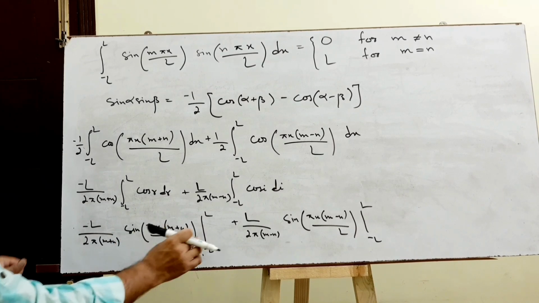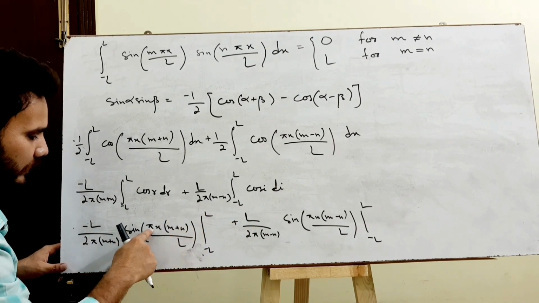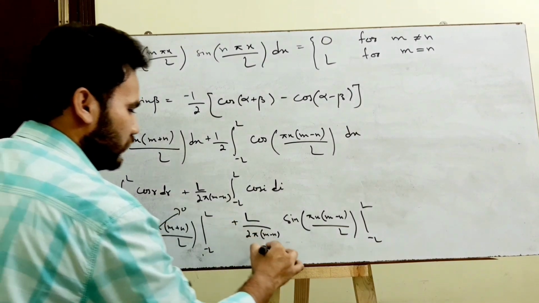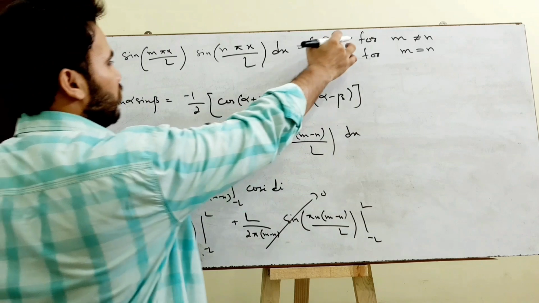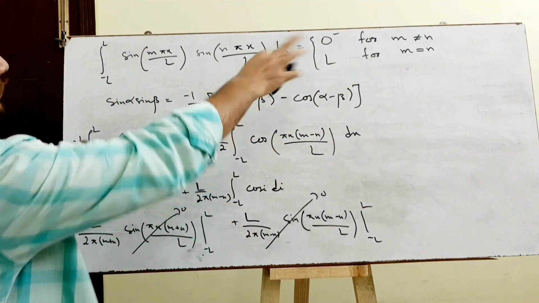So here when we apply the limit, the L cancels out, and sine of pi(m plus n), again we know that this will be 0, and this will be again 0. So the first result is proved true. Now for the second one,